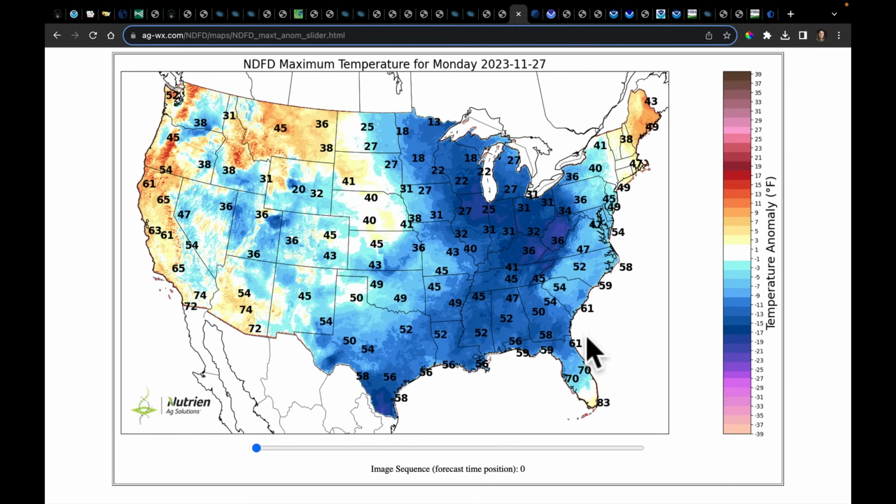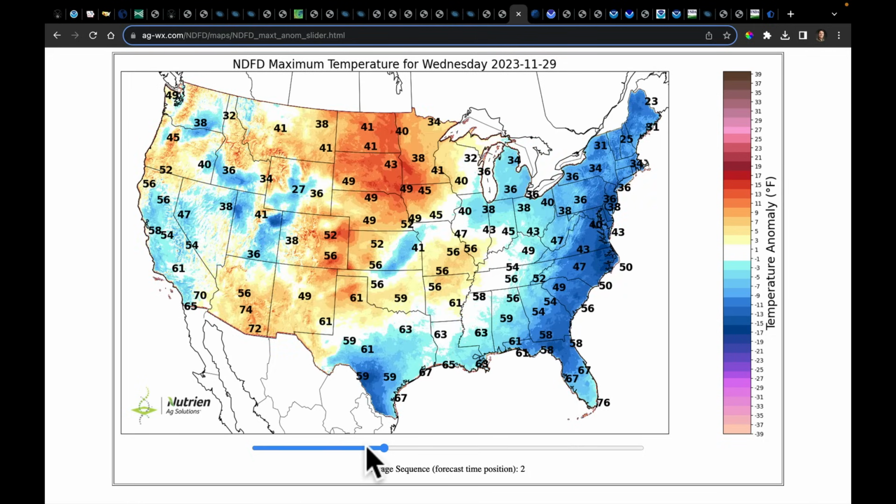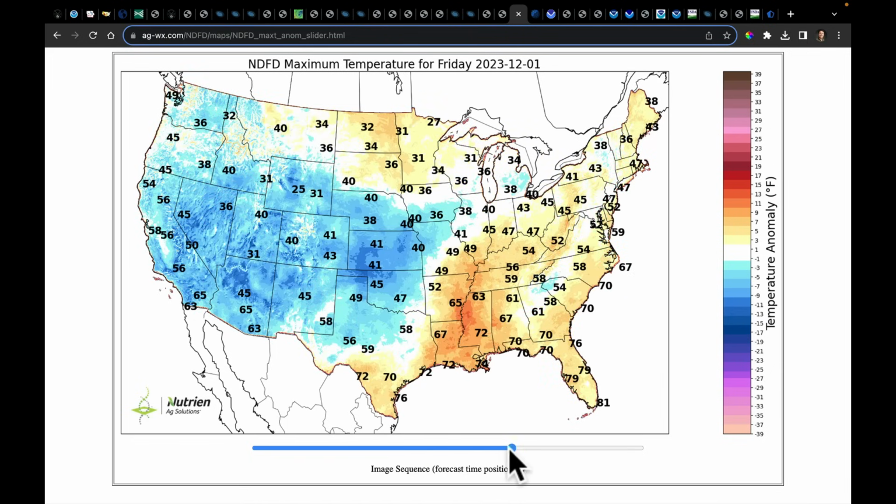We're going to be struggling to get out of the 50s down in the south, and we're going to stay well below freezing throughout much of the Midwest and Great Lakes and Northern Plains. The west is the most mild, and we're going to see a quick rebound in temperatures here on Tuesday in the Northern Plains as the cold air exits east. There's by Wednesday getting into Thursday, so a brief mild shot of air here getting into Friday and Saturday this